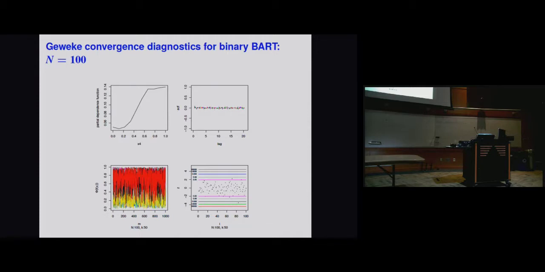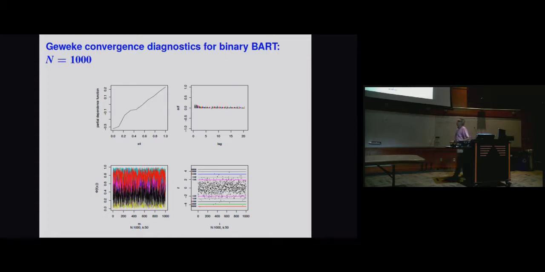Also, I've got the Gawecki Zs here. I'm plotting them all, and you can see, generally they're between the cayenne lines. So that's fairly good convergence. It's good convergence even though it didn't get the right answer, because sometimes the data is what it is. We just don't have enough information in the data to get the right answer.